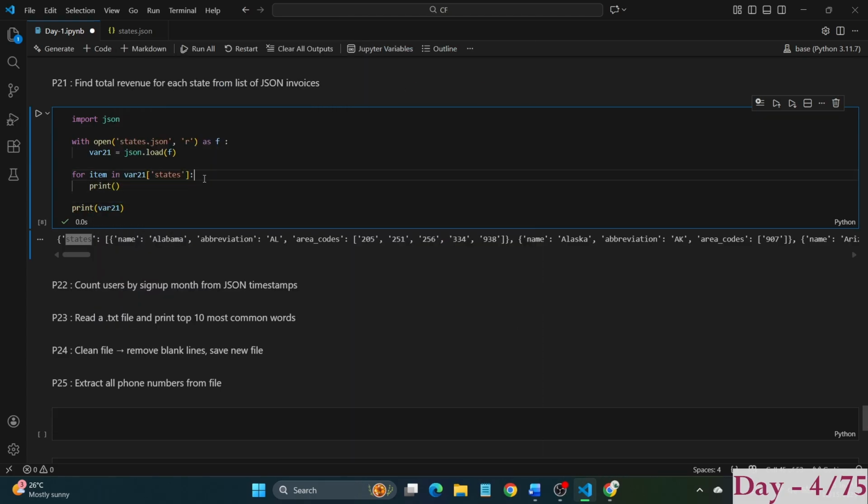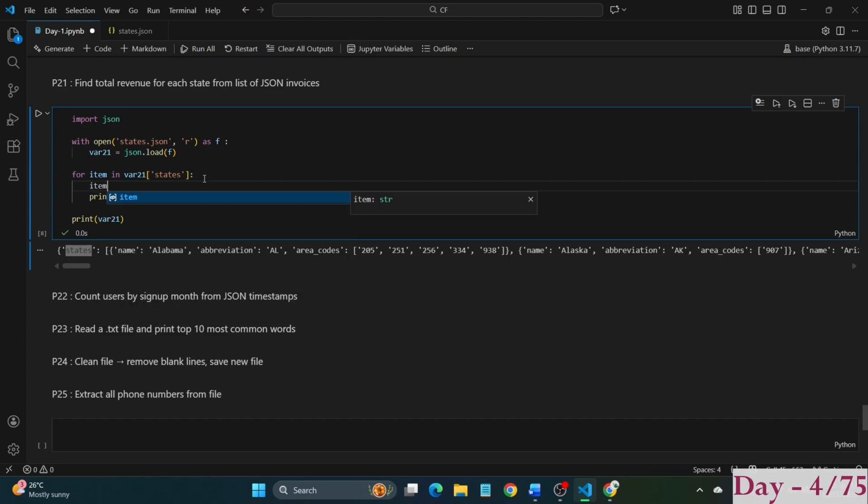Then for item in my, okay, so for value in,